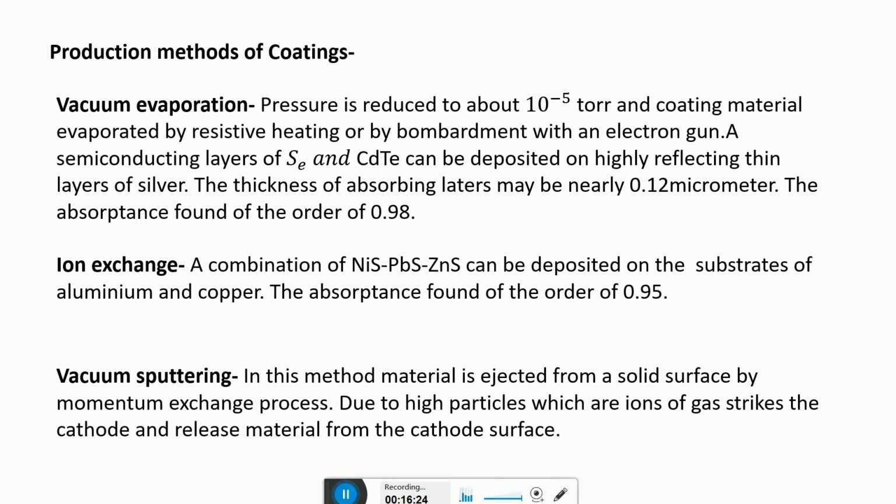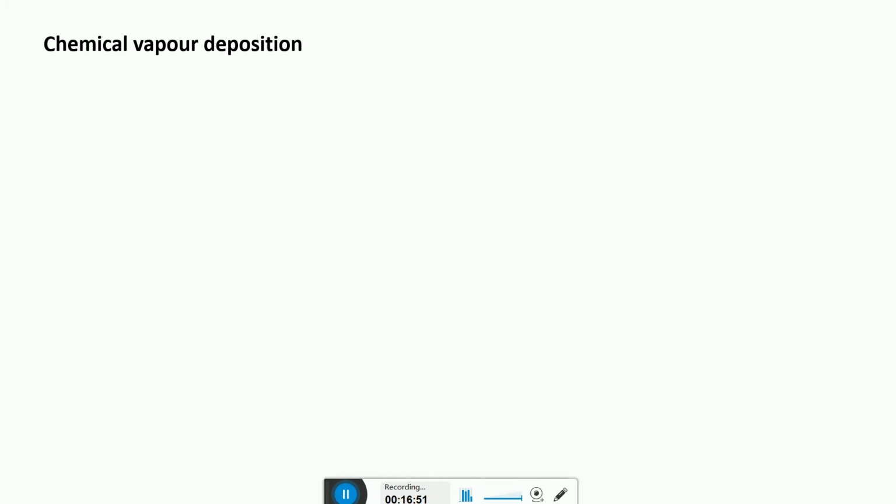Any surface placed near the cathode will intercept atoms from the cathode and will be coated. So this deposition is a sputter deposition. In this method, the coating material is moved from the target to the substrate by means of energetic particle bombardment. Then chemical vapor deposition, where a volatile compound is thermally decomposed or reacts with other gases at the substrate to produce volatile and non-volatile products.